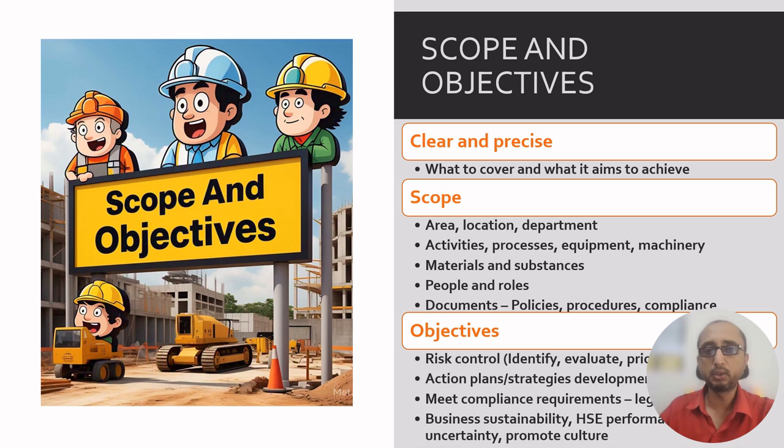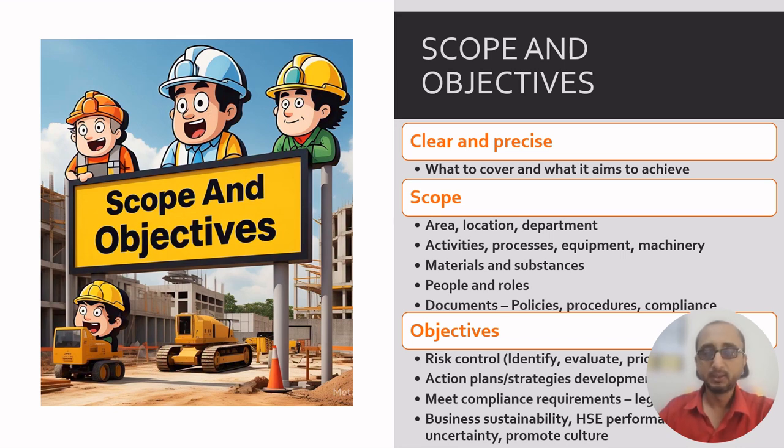Scope may include the area, location and departments we are going to cover; the activities, processes, equipment and machinery that we will cover in the risk assessment; and materials or substances. Also the people who are involved in the activities or with the machinery or equipment, and what the roles of different people, participants of the risk assessment process, will be. Then different types of documents may be included in the scope, like policies, where we will assess the policies, procedures,